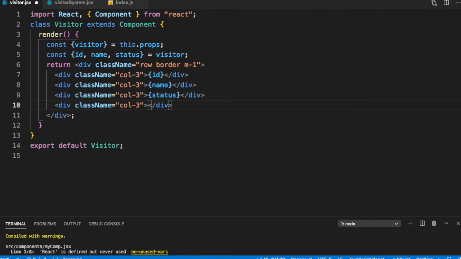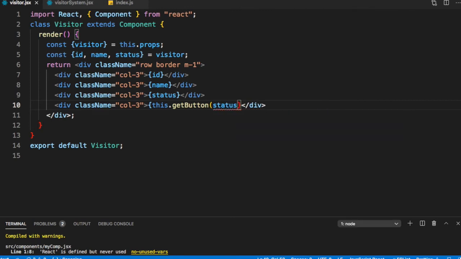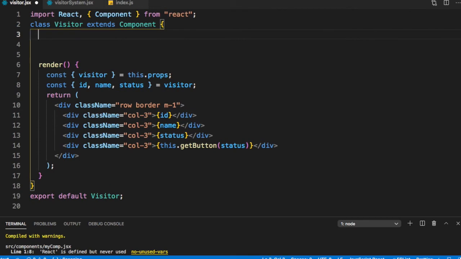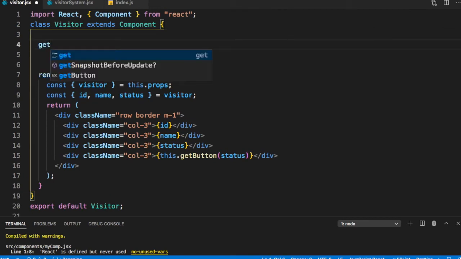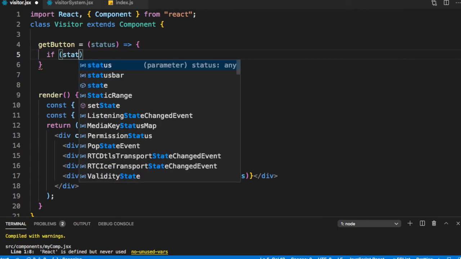So the button would vary depending upon the status. So let us here call a function this.getButton, and let us just pass the status to it. So depending upon the status, we will show the button. So let's define this function. getButton is equal to, it gets the status and it will return the JSX for the button.